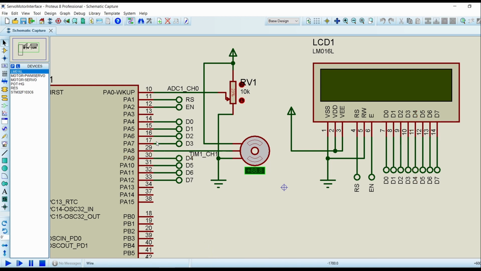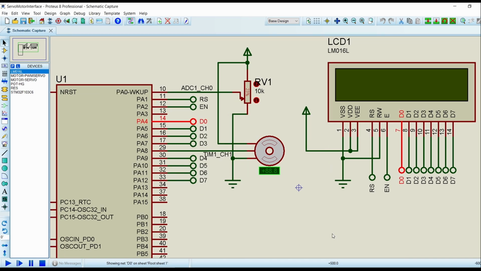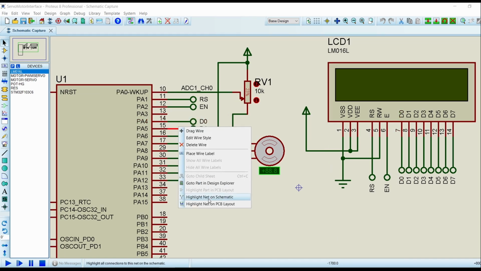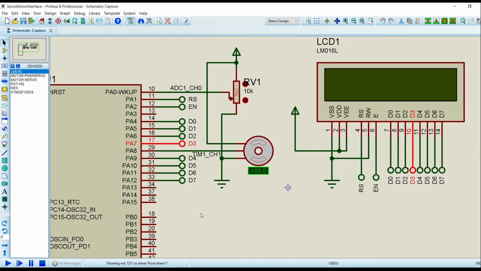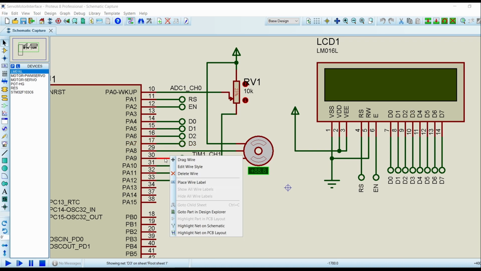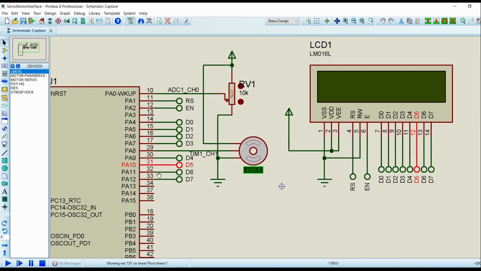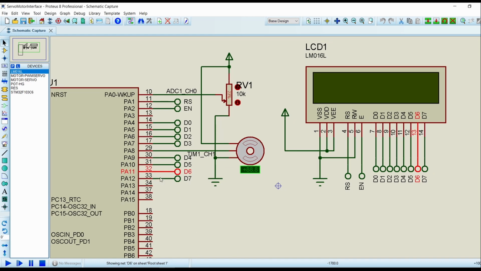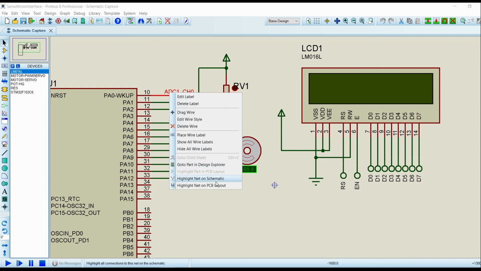So as you can see, PA4 is connected to D0, PA5 is connected to D1 and similarly PA7 is connected to D3. Here PA9 is connected to D4, PA10 to D5, PA11 to D6, PA12 to D7. Then we have connected PA8 pin to the servo motor.